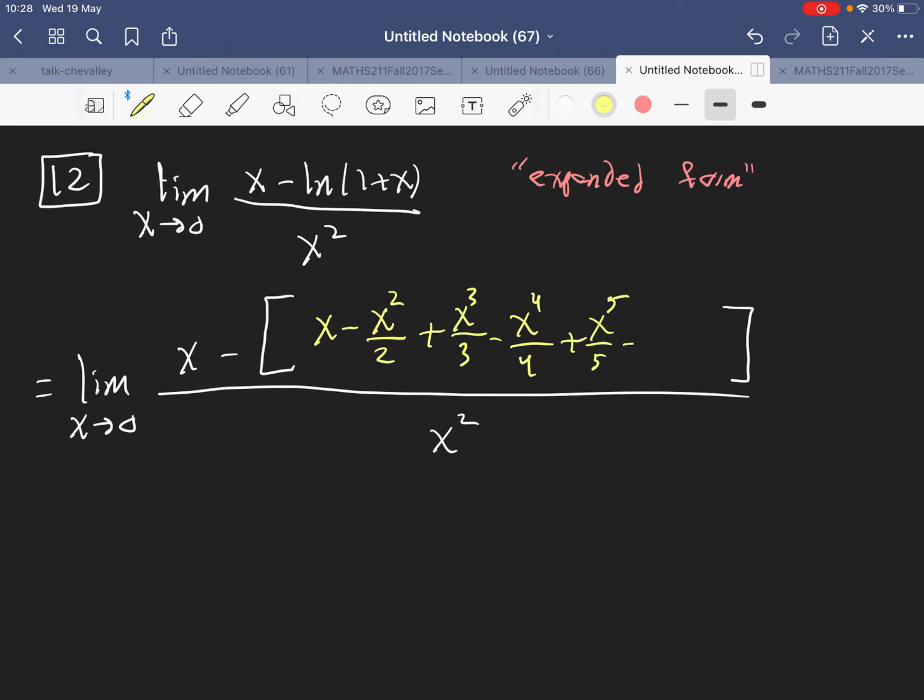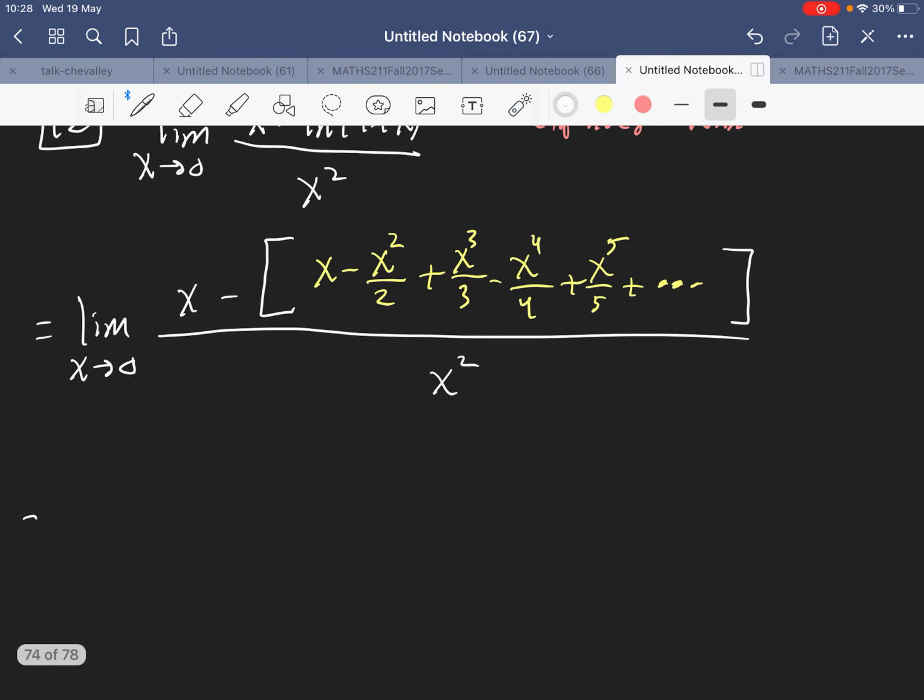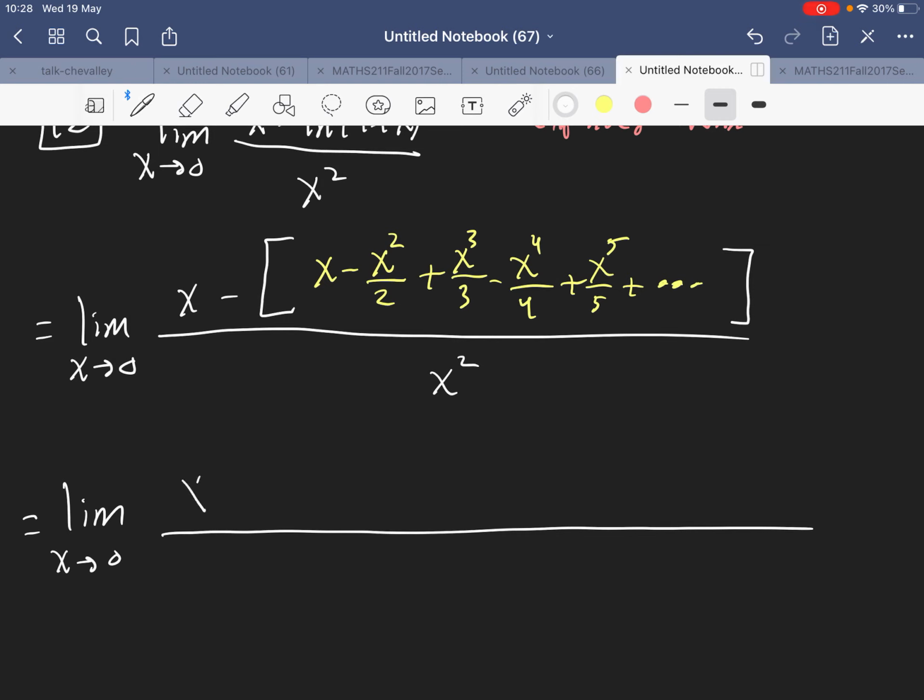Maybe 5 terms is enough. Maybe even 4 terms is enough. We just write 5 terms here. The next step, we just need to take the negative inside. So we get x, and then we have minus x plus x squared over 2 minus x cubed over 3 plus x to the 4 over 4 minus x to the 5 over 5 and so on